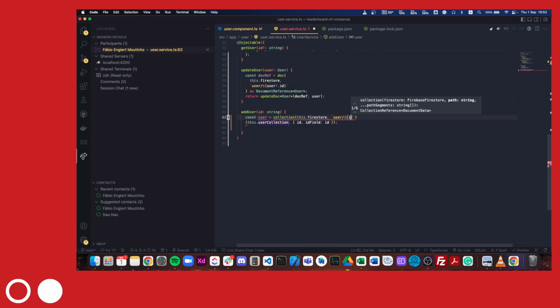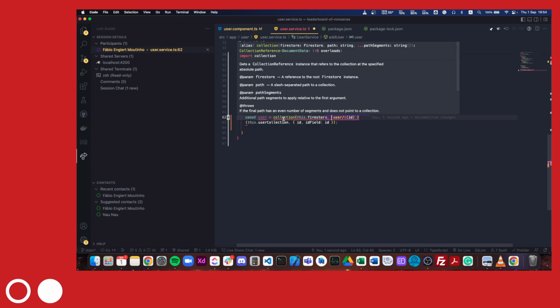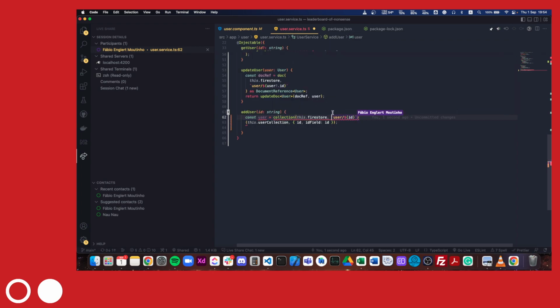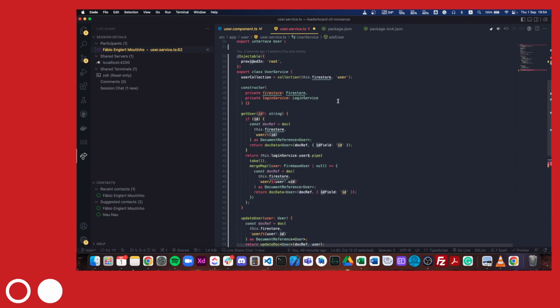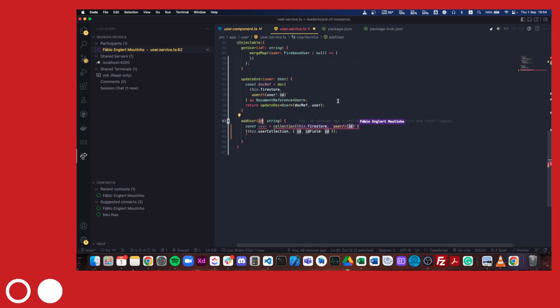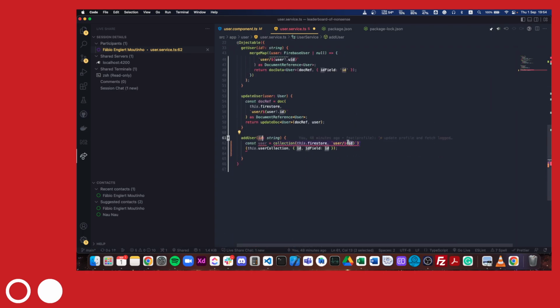I'm going to do this user dot dollar ID. Well, but that doesn't exist yet. That's what we are trying to do. We are trying to add this ID to user, and it doesn't exist yet. So user here, when you're trying to add it, it's undefined. No, we have the ID. We have the ID, but this doesn't exist. It will return undefined if you run this. If this works,